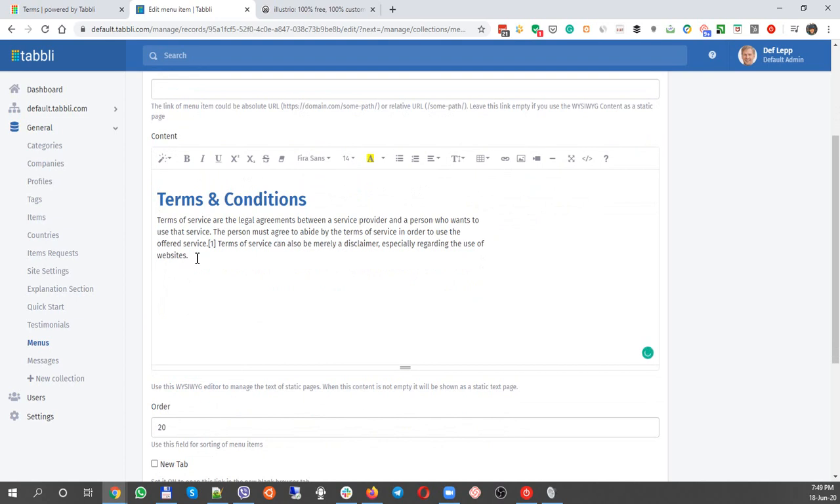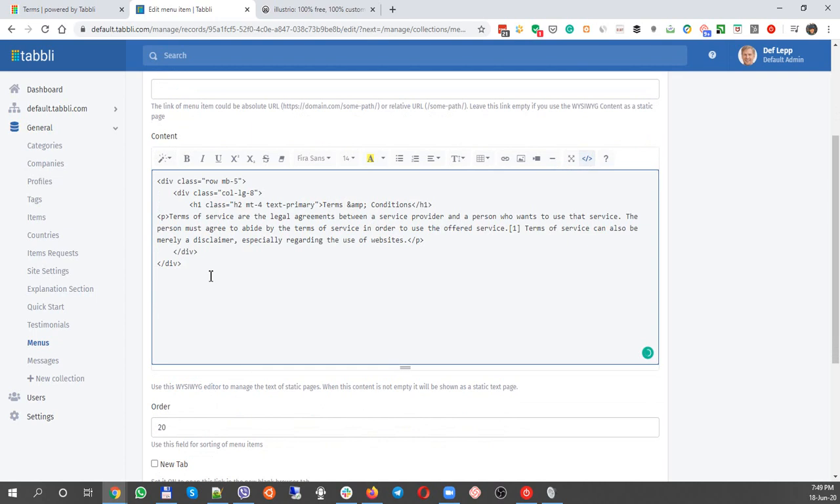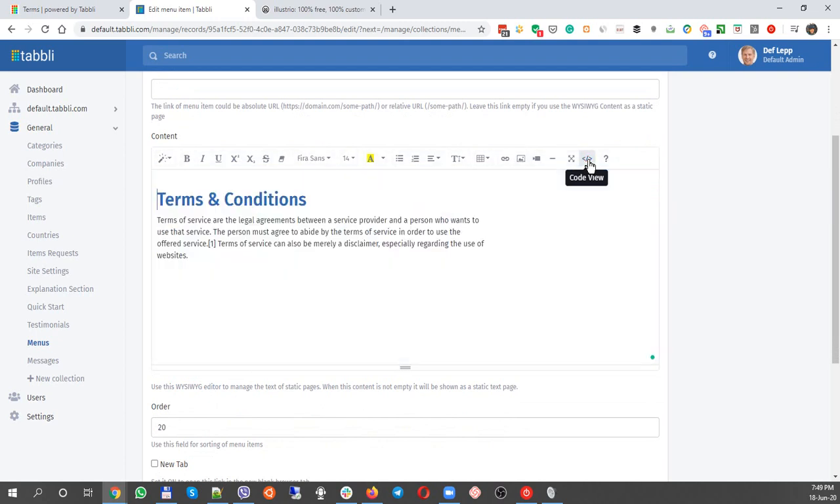If you need more flexibility, you can use the full HTML editor. So we can point here much more than just using the WYSIWYG editor, but you can switch it at any time. You can enter different text manually,